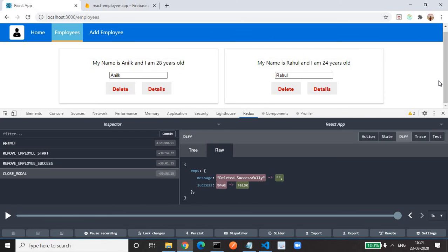So in the Redux concept, what we are doing, first of all, is an Ajax call to the database. Once our database call succeeds, we call our synchronous action for updating the state in the store also. That also needs to be done. First we need to update the database, then the store. In this sequence it will follow.